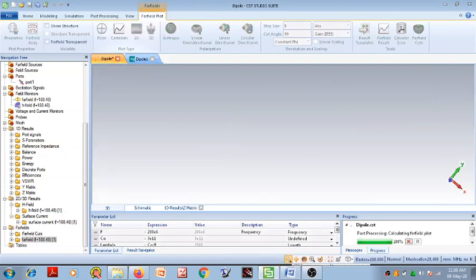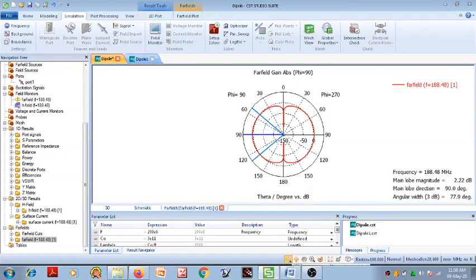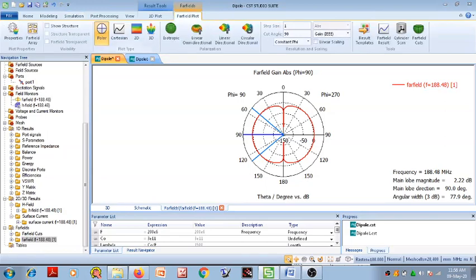We can also view the 2D radiation pattern by clicking on the polar plot. This is the 2D radiation pattern of constant phi, meaning it's a side cut of our radiation pattern.